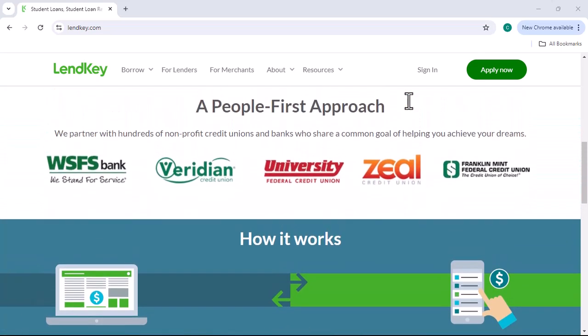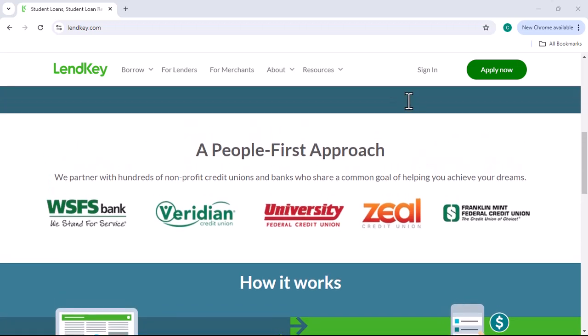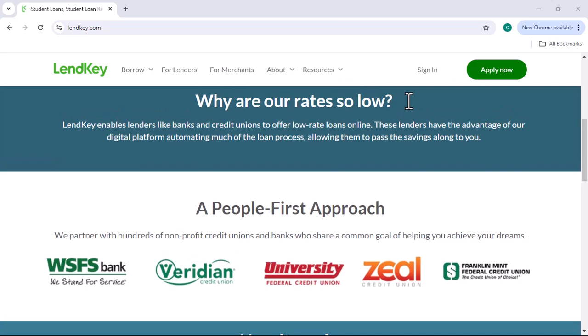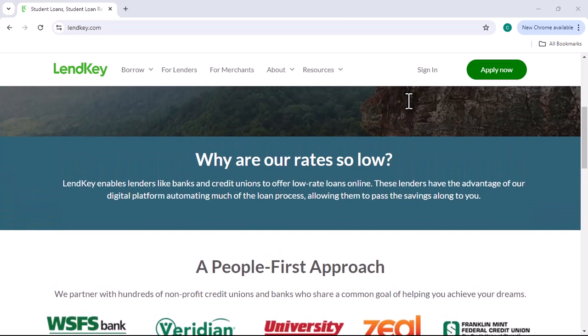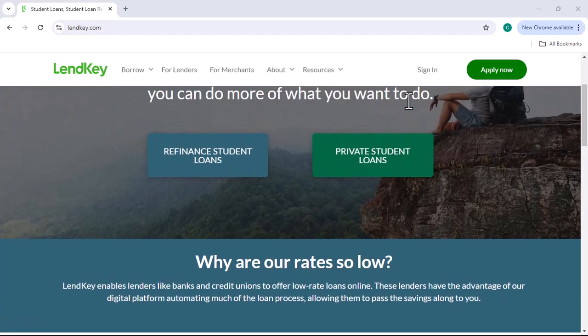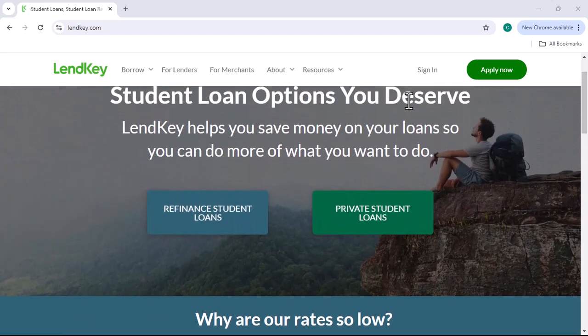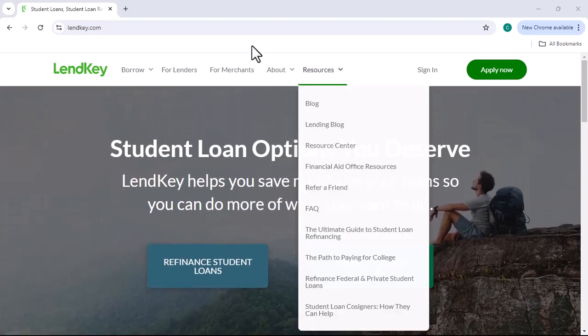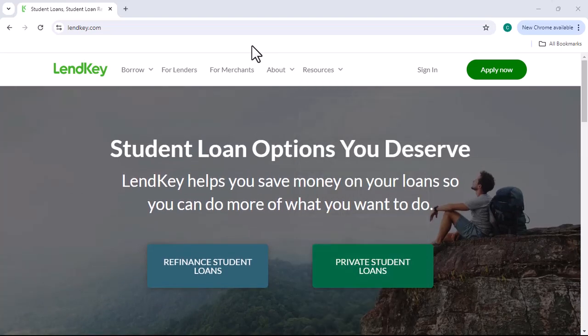LendKey can be a valuable tool in your search for student loan financing by providing a centralized platform to compare offers from multiple lenders. By understanding the types of loans available, undergraduate, graduate, and refinancing, and carefully considering the terms and conditions, you can make a more informed decision about how to fund your education and achieve your academic